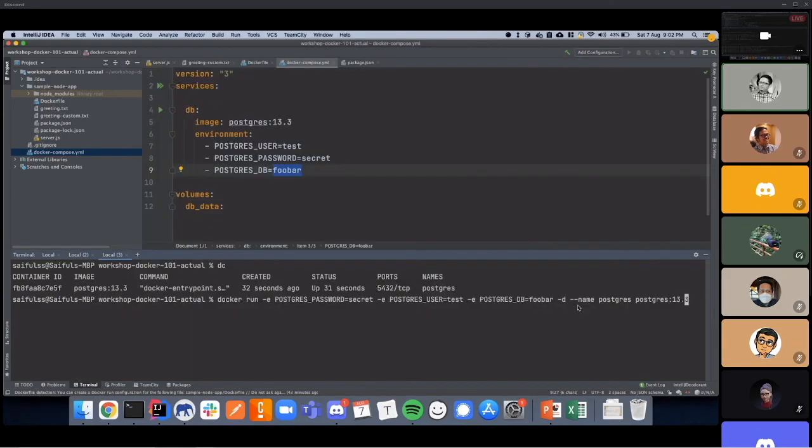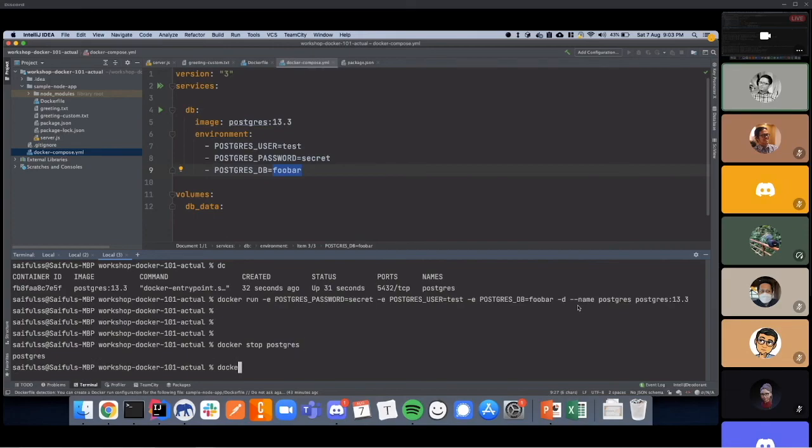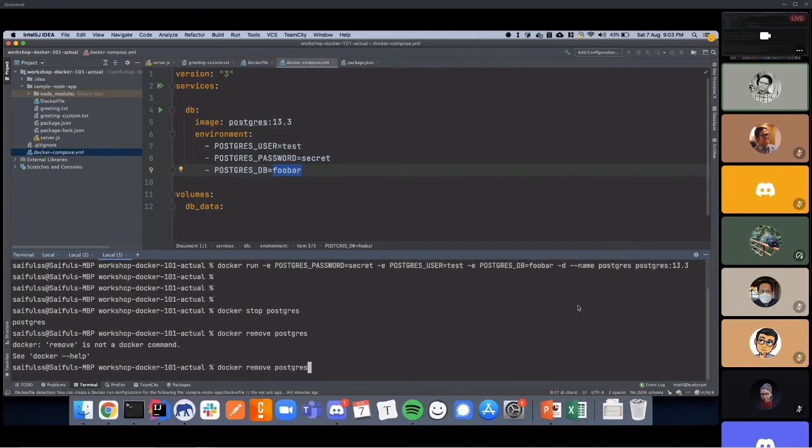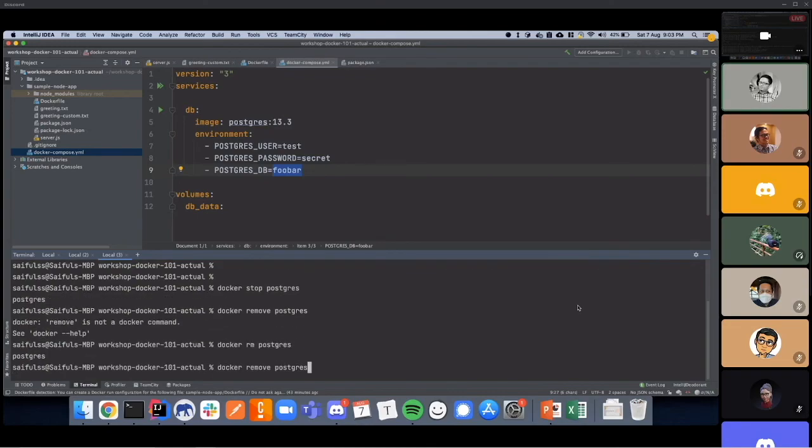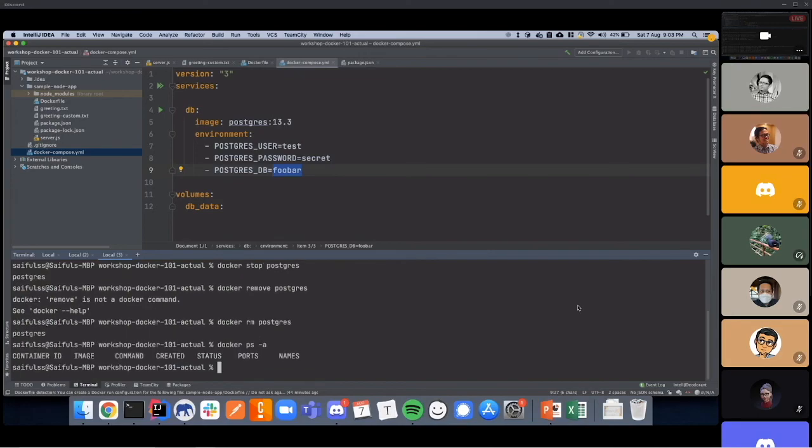So to fix this problem, docker stop postgres. Since you have a name now, you can use it. Docker remove postgres. Is it remove or rm? Let's figure out. Oh, yeah, it's rm. So docker rm postgres. Okay, you're good. So now if I just double confirm, yep, the port is no longer there. And if I were to run that command again, this time around exposing the port,